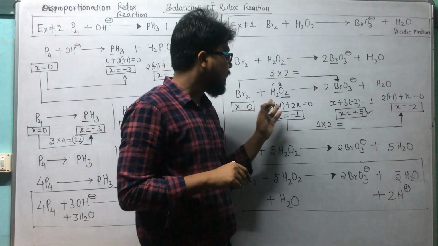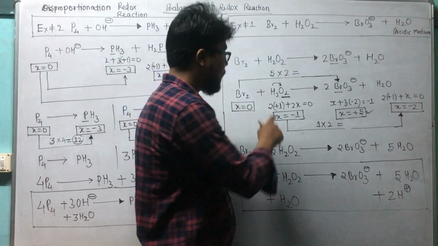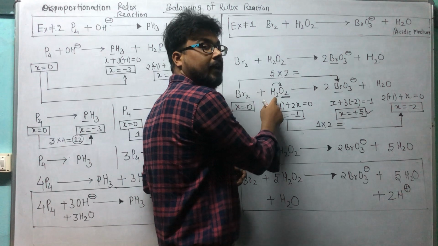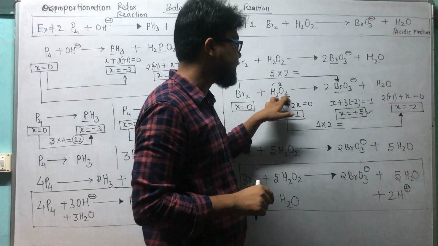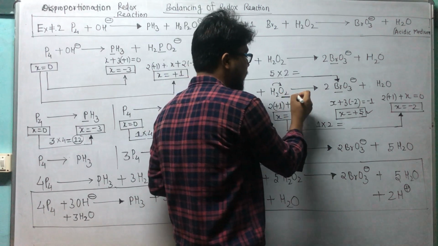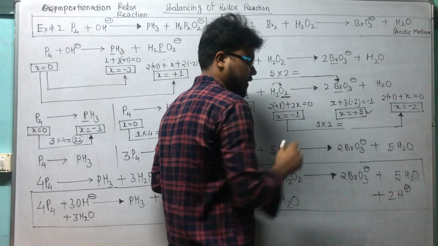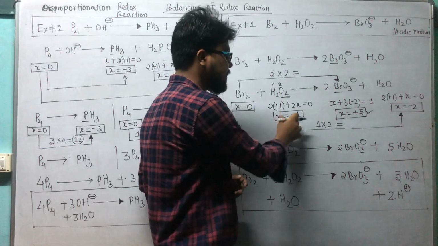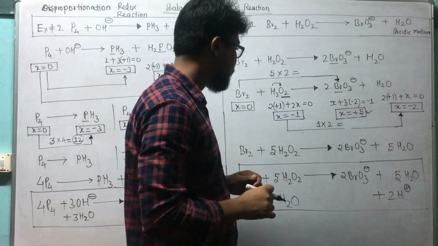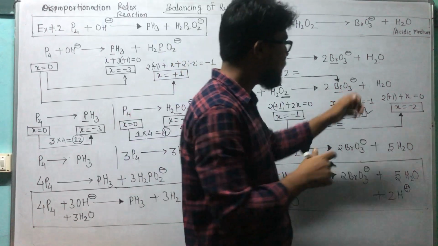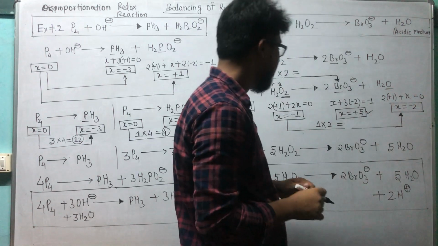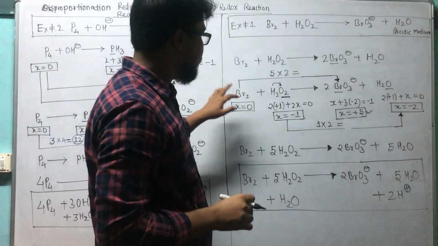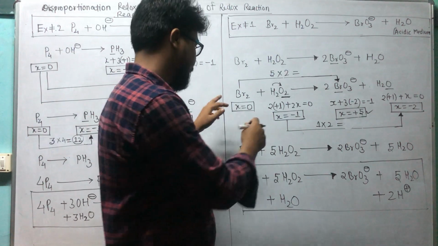That's why I will put the ox number of hydrogen as +1 multiplied by 2, and I will calculate the ox number of oxygen, that is x, and because of 2 oxygens I will write 2x equal to 0. So further, x equals -1. Yes or no? Answer is yes. Here check the ox number of oxygen, it will be how much? -2. Correct? Now check the factor which is changing.